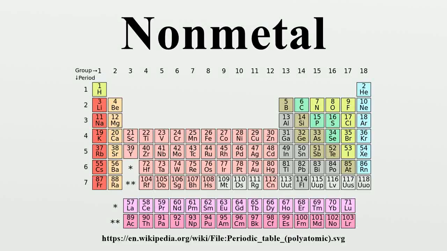In chemistry, a nonmetal is a chemical element that mostly lacks metallic attributes. Physically, nonmetals tend to be highly volatile, have low elasticity, and are good insulators of heat and electricity. Chemically, they tend to have high ionization energy and electronegativity values, and gain or share electrons when they react with other elements or compounds. 17 elements are generally classified as nonmetals, most are gases, one is a liquid, and a